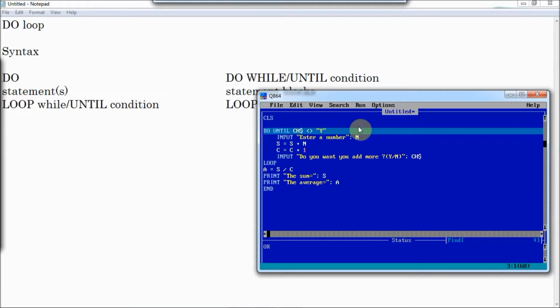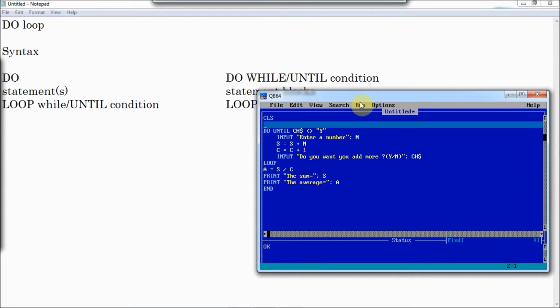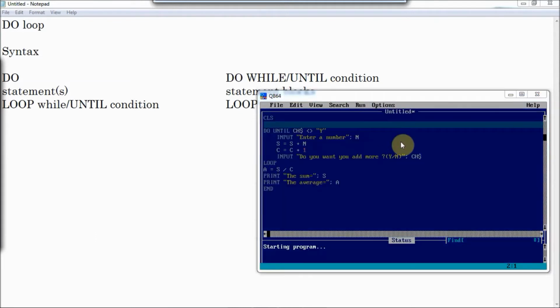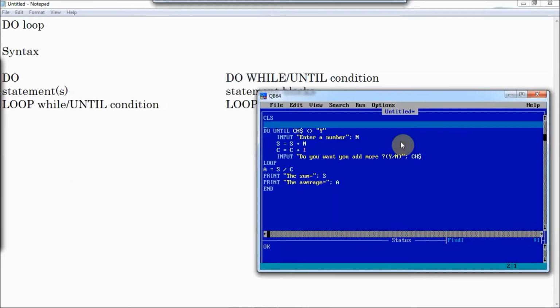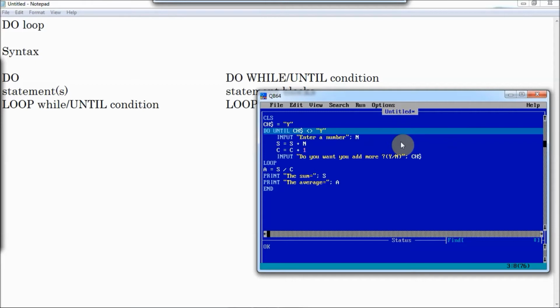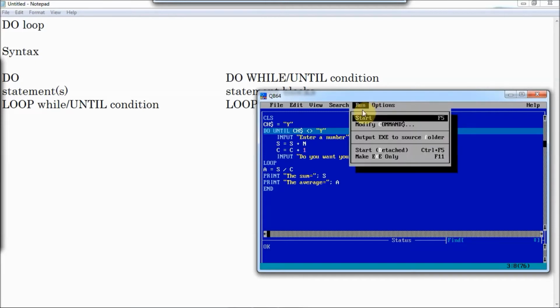Let me remind you, as I told you earlier, in pre-test you have to mention CS$ equals to y, otherwise it will not run. Let's see this. See, sum equals 0. It has not asked for any numbers. So the average is 0 by 0, oh, it's indefinite, it's infinite. So I'll give over here CS$ equals to y. So it is equals to y, it has to run. When it is not equals to y, it has to stop. Let's start.